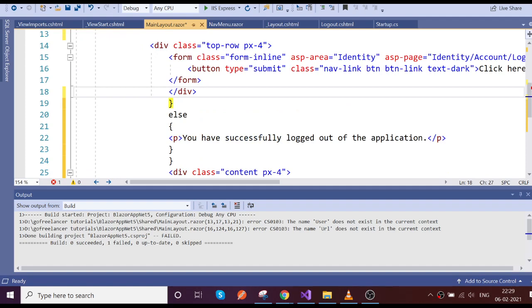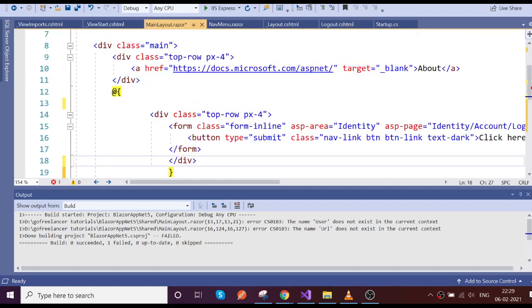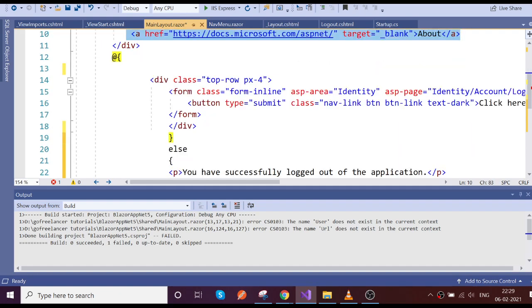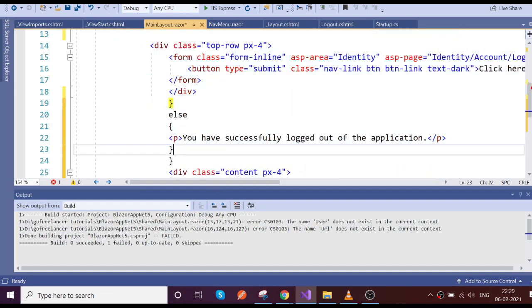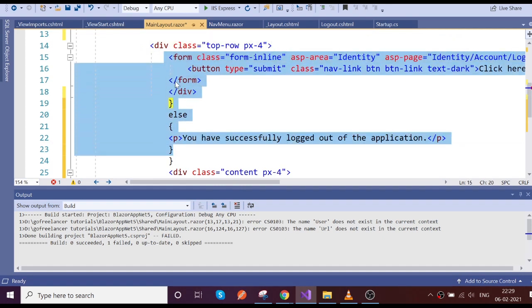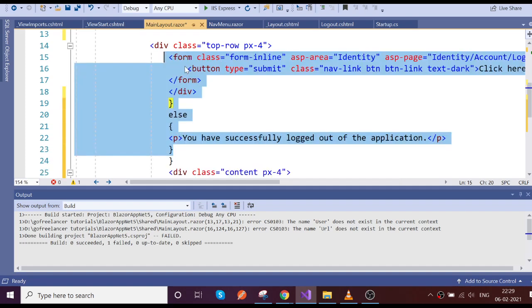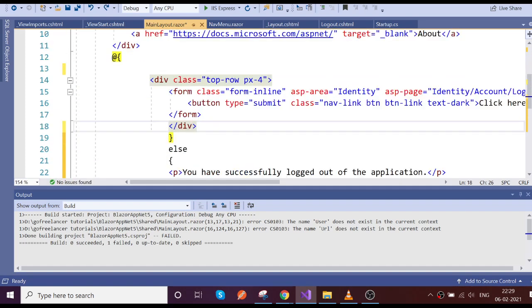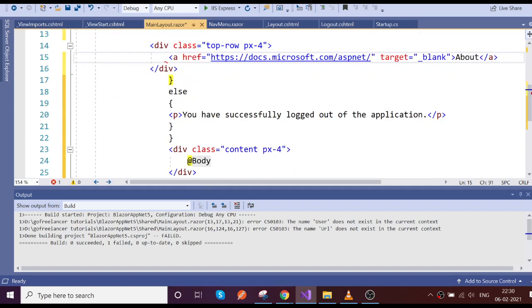I'll just provide a link for the logout page, and then we'll see how we can integrate it directly in the Razor component in the coming session. Oops, something is missed. Let's put it here.